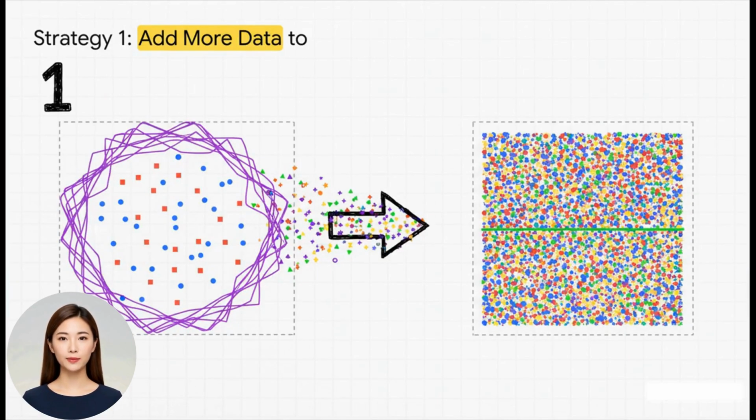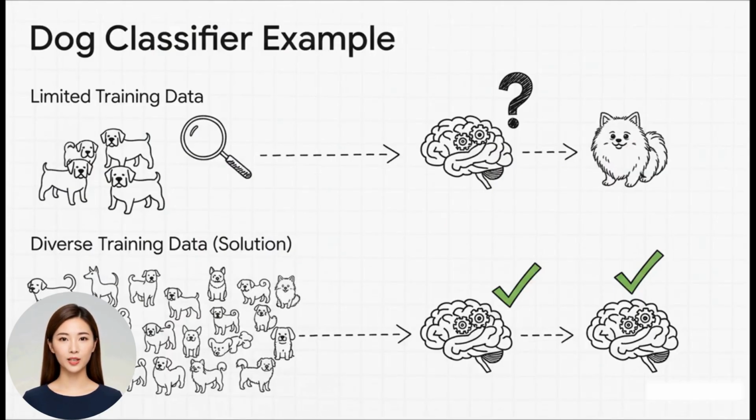All right, strategy number 1 is often the most effective, and it's dead simple. Get more data. The more diverse and varied examples you can show a model, the harder it is for it to find little quirks to memorize. It's forced to look for the real general patterns that hold true across everything. Here's a perfect example. Imagine you're training a dog classifier, but your dataset is only pictures of big dogs, like labs and boxers. The model might just learn that dog equals large with short fur. So what happens when you show it a tiny, fluffy Pomeranian? It's going to be completely lost. The fix? Add more variety. Pictures of Chihuahuas, poodles, and yep, Pomeranians, to teach it what dog really is.